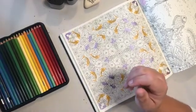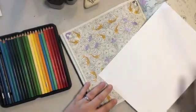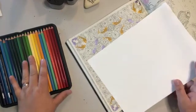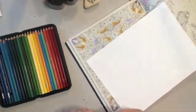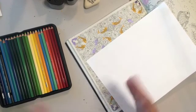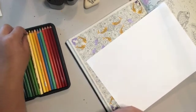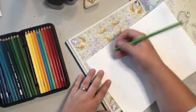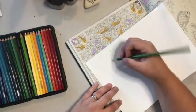So I'm going to grab just this random piece of paper I have over here so I can check a couple of colors. And what I'm gonna do is I wanna start working on the lily pads. So I'm gonna pick a few greens and you'll see me sort of swatch them and decide what I wanna work with. I want to probably find maybe 3 greens for the lily pads. Feels like that'd be a good one. And then use those 3 to color. So you'll see me kind of trying to figure out which exactly I want to use, and I'll use this paper first to do. Oh, definitely not that. Okay, so as I'm going,